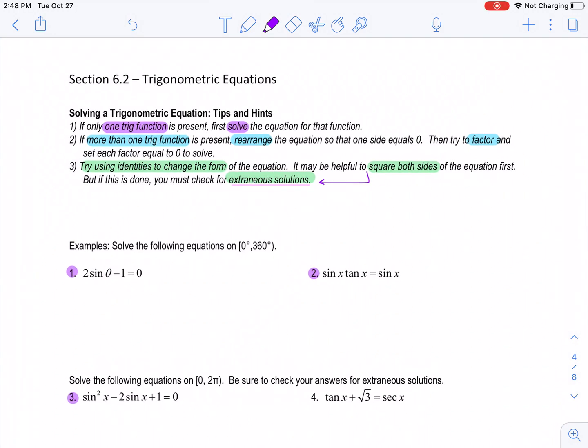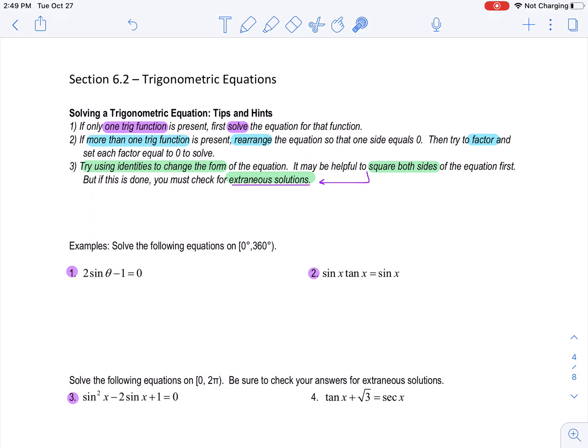All right, so we're taking a look at the next section where we're solving trigonometric equations. So the main difference is that the expressions that we saw yesterday now have an equal sign. So those expressions are now equal to another expression, and now we're solving for the angles. So because we are now looking at equations, all those restrictions that we had before when we were simplifying,